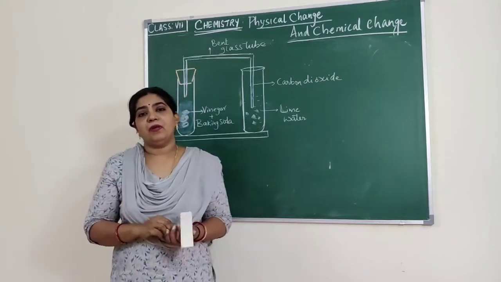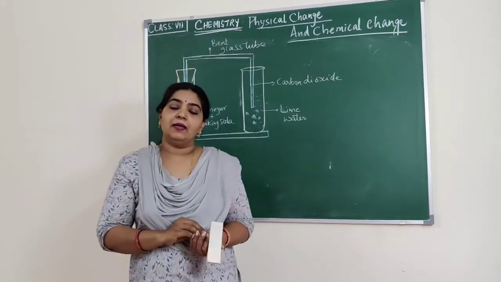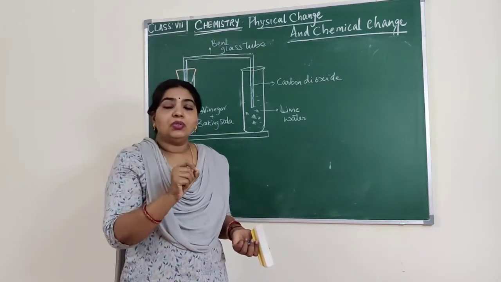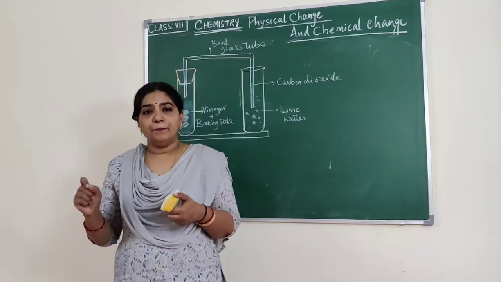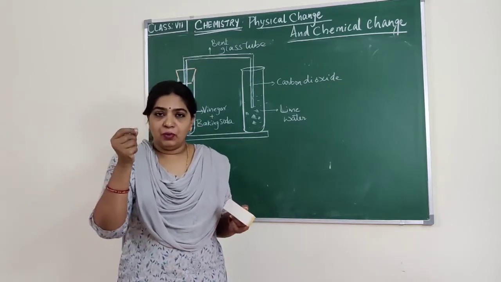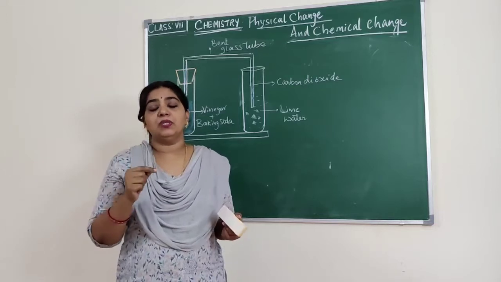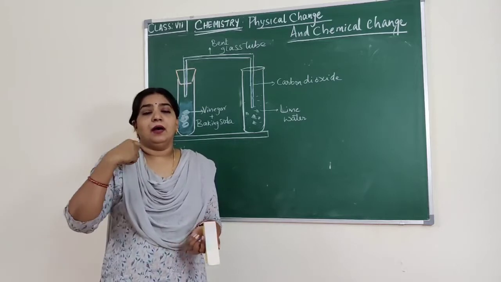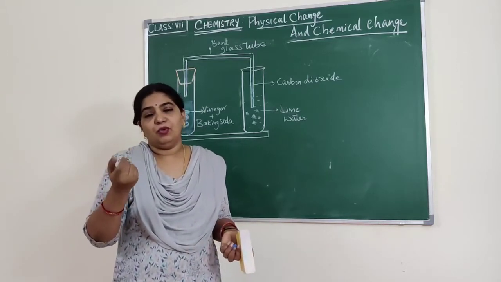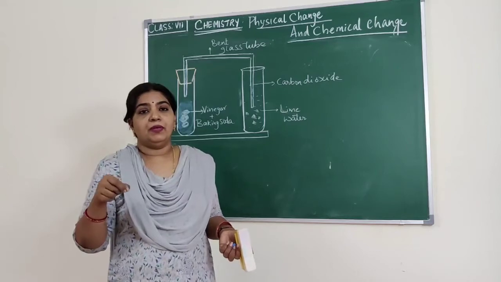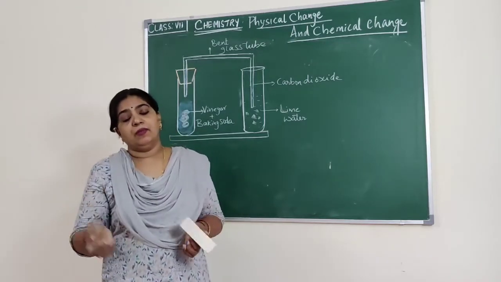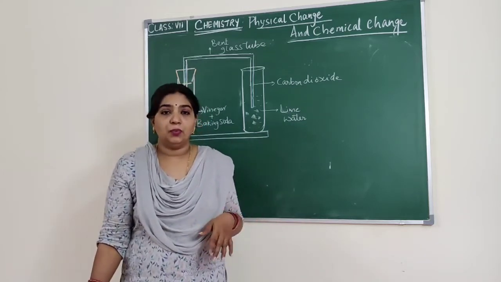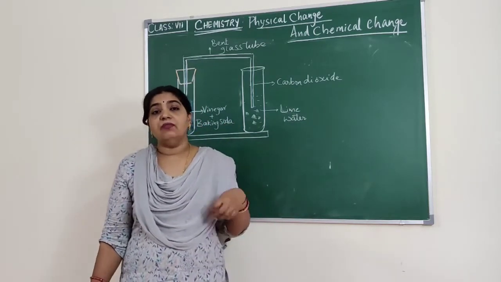Litmus paper is actually an indicator. It will indicate whether a solution is acid or a base. There are two types of litmus paper. One is bluish in color, the other one is reddish in color. Blue litmus will turn red when you dip it in an acidic solution, whereas red litmus paper will turn blue when you dip it in a solution which is a base.